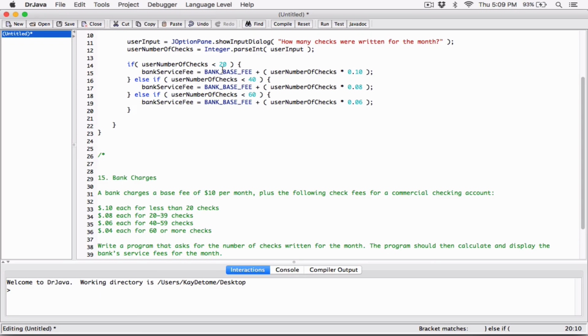Okay, if it's not less than 20, if it's not less than 40, if it's not less than 60, then that means it's 60 and above. So in that case, that's what we have here, 60 or more checks. So we can go ahead and put an else here, and the program will